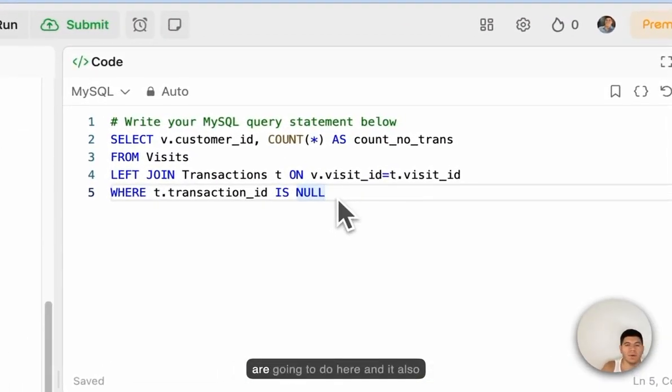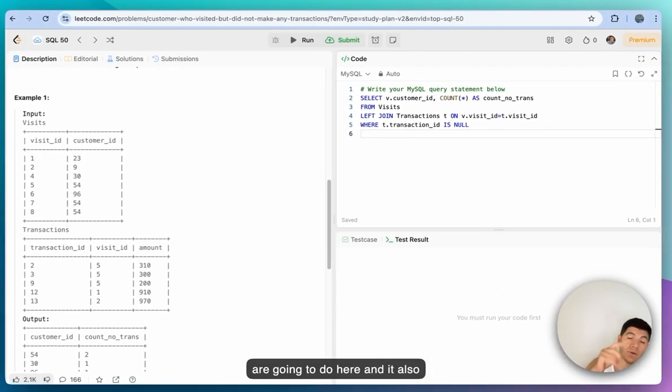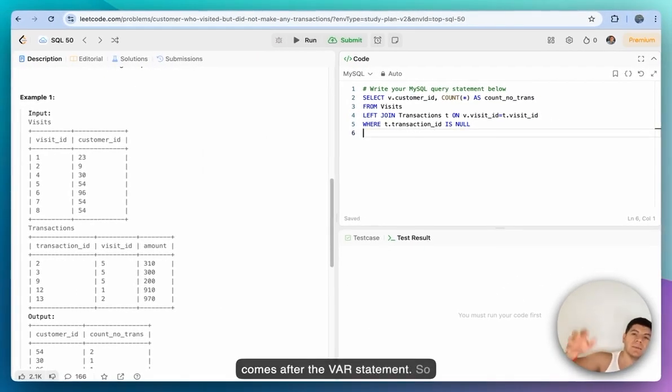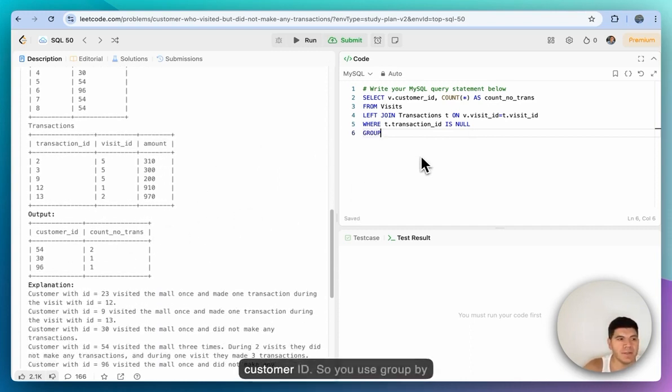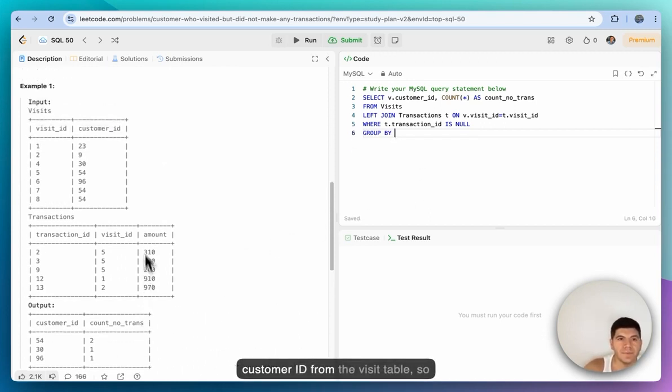It also comes after the where statement. So first you use your aggregation, then you use a where for the filtering, and when you finish with the filtering, at the end you have to do the group by. So we need to group by customer ID from the visits table, so v dot